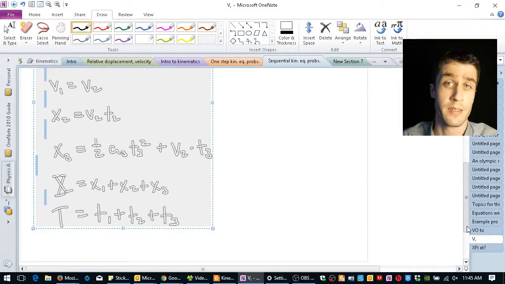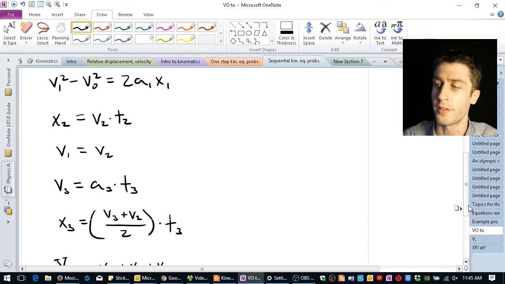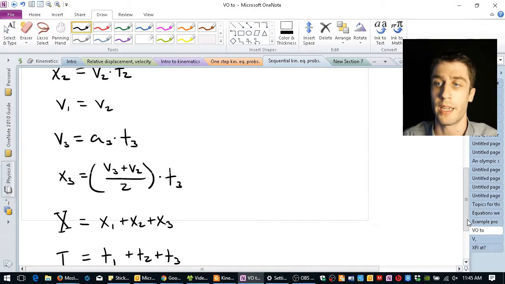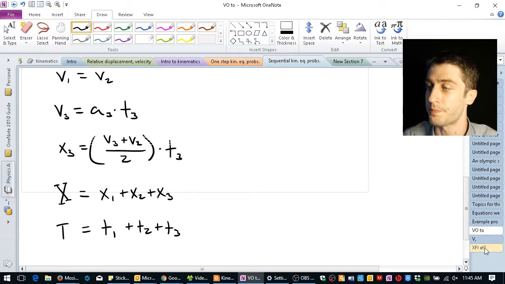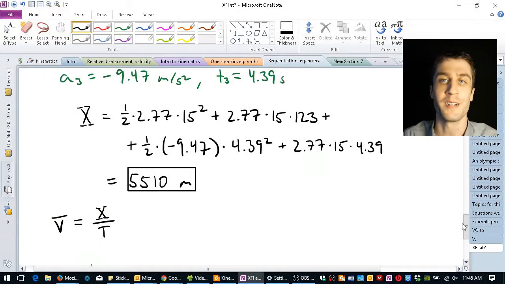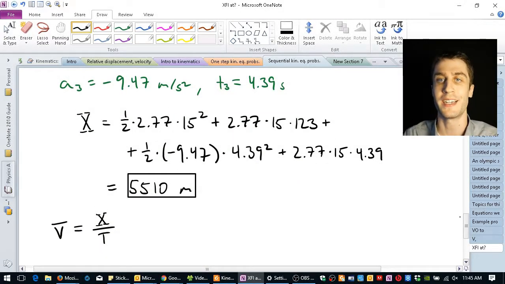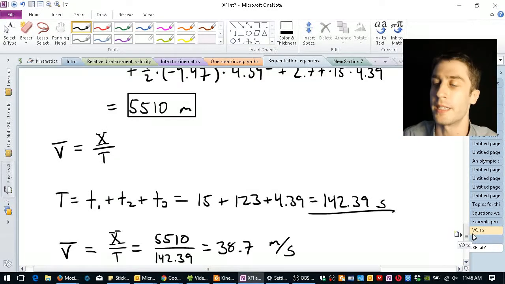We then chose a slightly easier system of equations. Again, that's an art form. That's not something that I'm going to expect you to do perfectly every time. But certainly the lion's share of your points are going to come from picking an appropriate set of equations for a physics problem. Then we have this long derivation, which is all just algebra, and it's all the substitution method in this very nice systematic format. And we get some numbers coming out at the end. We plug in some numbers at the very end